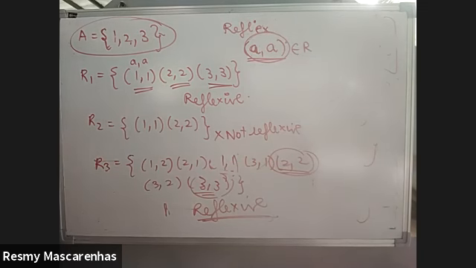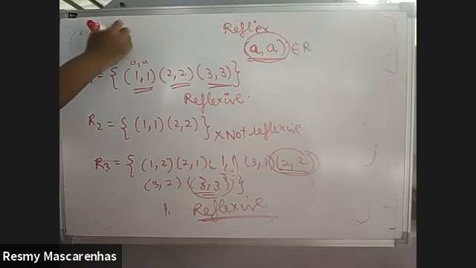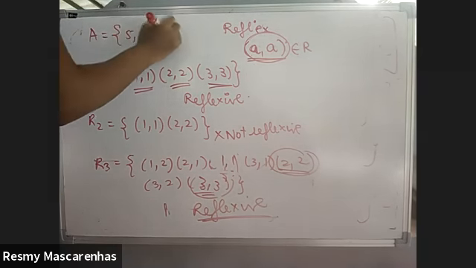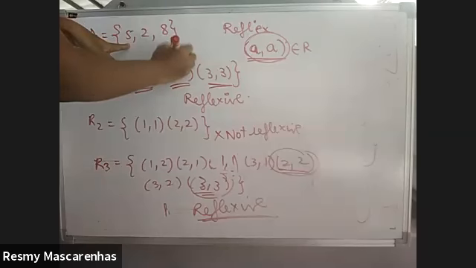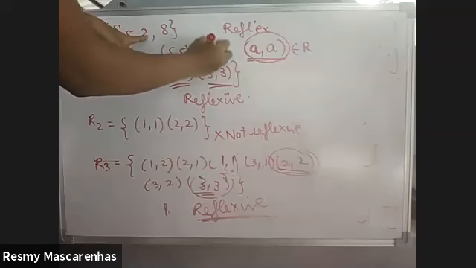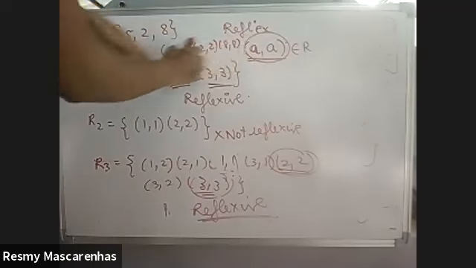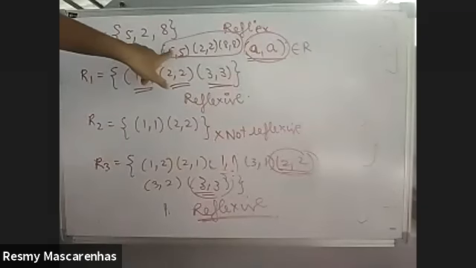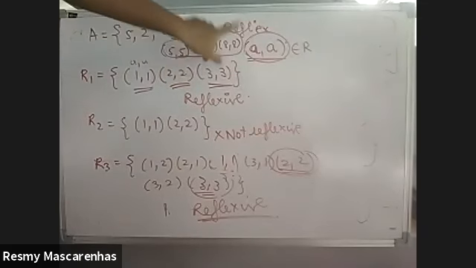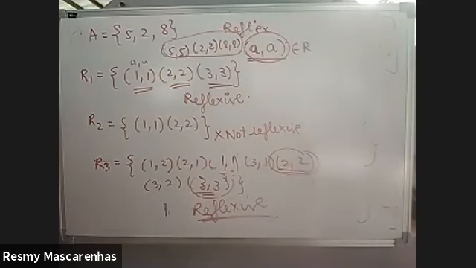Now if anybody has not understood what reflexive means, then please ask. Quickly I'll give another example. Suppose instead of this A, something 5, 2 and 8 was there. Then what pairs should have been there? 5 comma 5, you have to try to locate 2 comma 2 and then 8 comma 8 should be the condition for reflexive. Anything they give, you should search whether 5 comma 5 is there, 2 comma 2 is there, and 8 comma 8 is there. Okay, so this is how you have to check for reflexive.